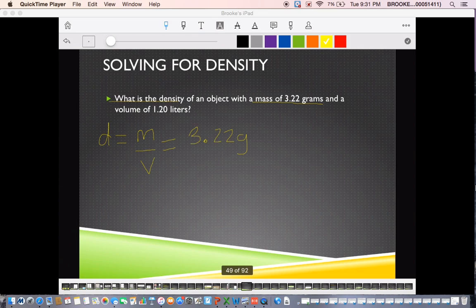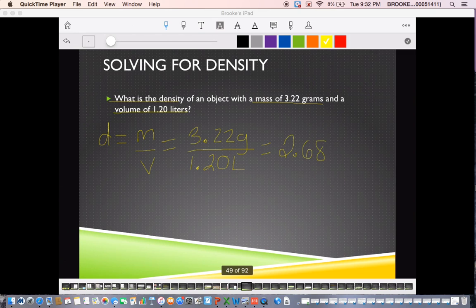If we keep reading, it says, and a volume of 1.20 liters. Again, we know that liters is a unit of volume. It also says this is the volume. So we know that we're going to be dividing by 1.20 liters. So that's how we set it up, and now comes the simple part of just typing it into your calculator. You're going to put 3.22 divided by 1.20, and when you do that, you're going to get 2.68,